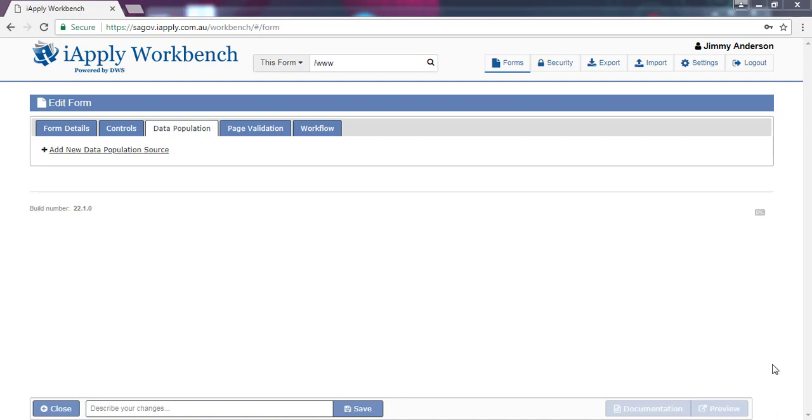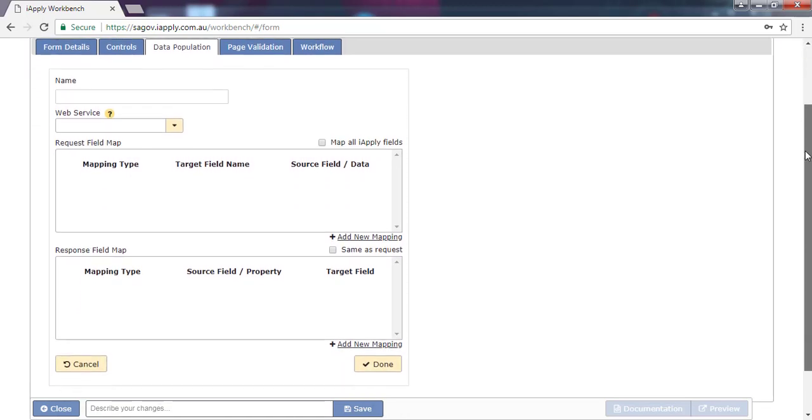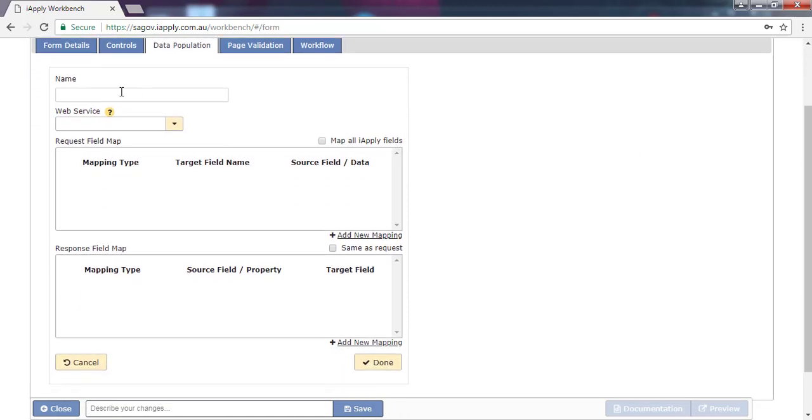This is the Data Population tab. What this tab allows you to do is populate data in your form using a web service. To do this, you click on the Add New Data Population Source, and what iApply presents you with is the ability to name this particular call,